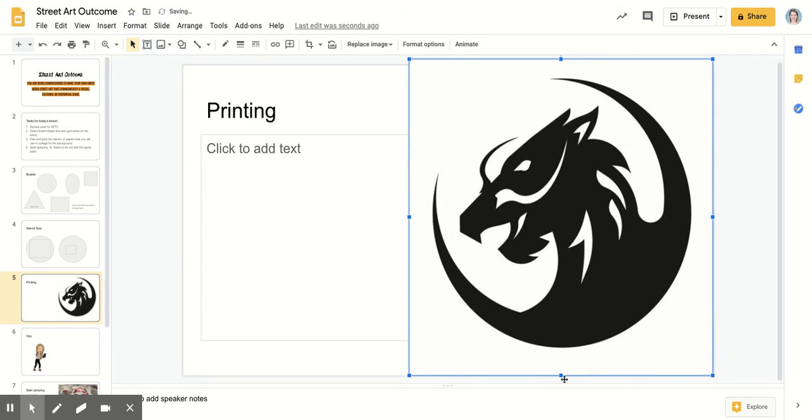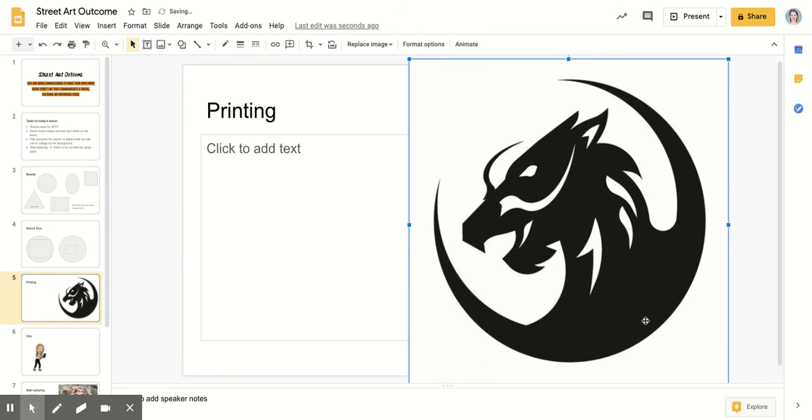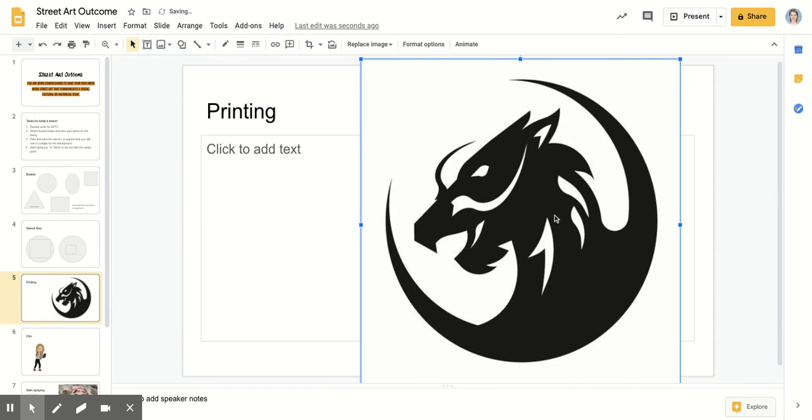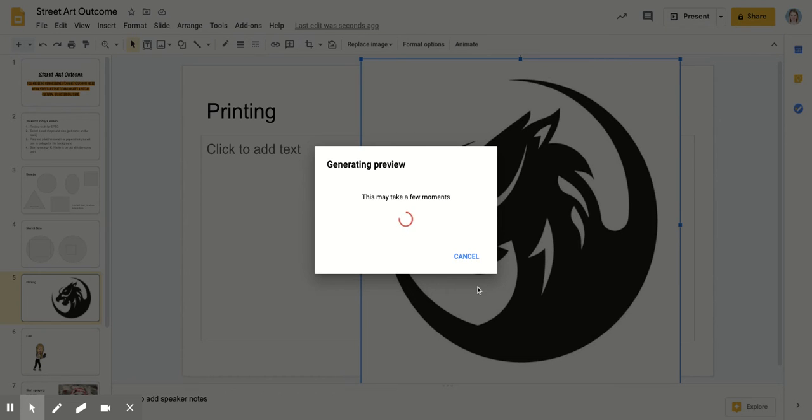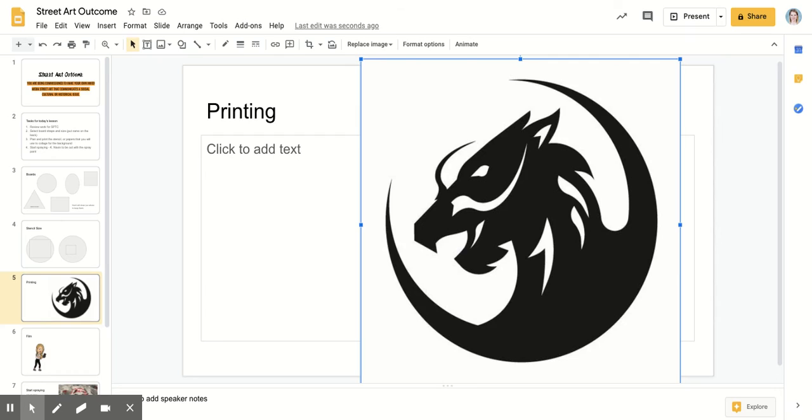So I want to stretch it as much as I can. Get it in the middle, make sure it doesn't cut off. And then when I go on File and Print, you want to think about doing it in black and white if you can, and then you can go into the studio if you just want to do it, Pixel Room if you just want to do an A4. If you want to do it in A3, you're going to have to find somewhere else to print it.